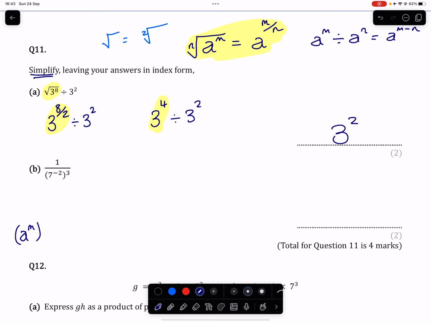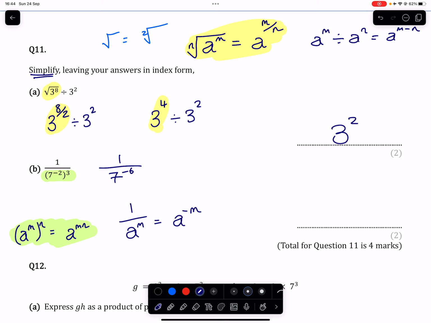power of a power, like so, we're going to multiply them, and then also whenever we have something as a power in the bottom of a fraction, we can bring it up top if we make its power negative. So the first part involving this law of indices here, simplifying what's underneath that fraction, we're going to end up with a 1 over 7 to the power of minus 2 times 3,